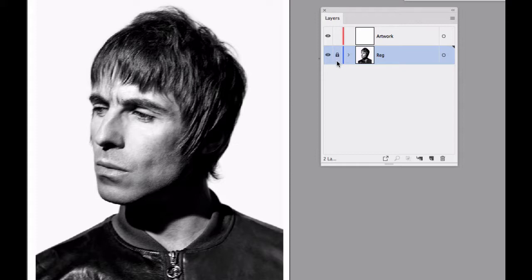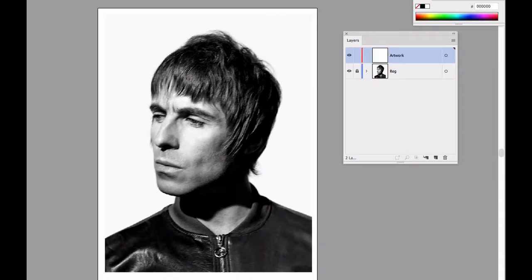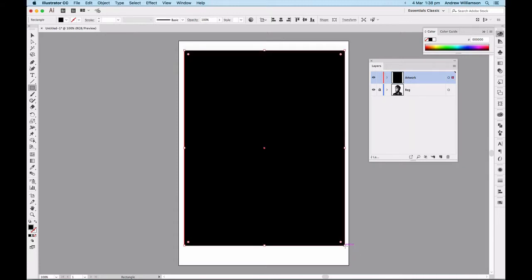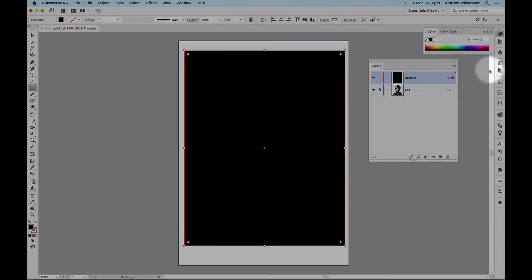Okay, I'm going to go up to the artwork layer, which is okay, and I could draw and paint in that if I want to, but I'm going to get a rectangle over here, making sure that I've still got the black fill, no stroke value, and I'm going to put that over the top of Reg. So we've got a black square, and you think, well, that's no good, how can we see the photograph? Well, there's an easy way that you can do that, is you can come over here to the